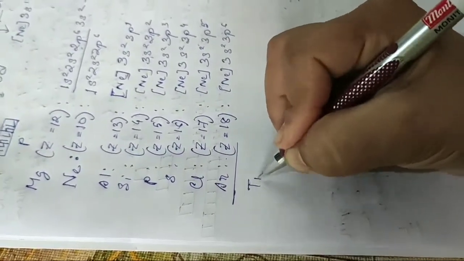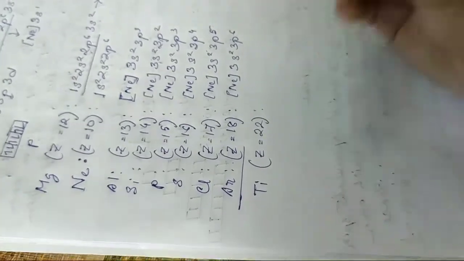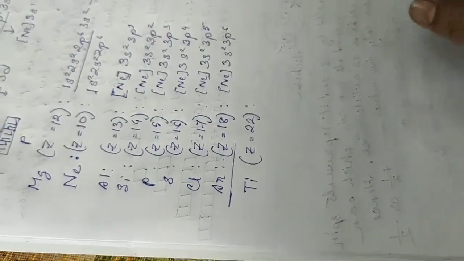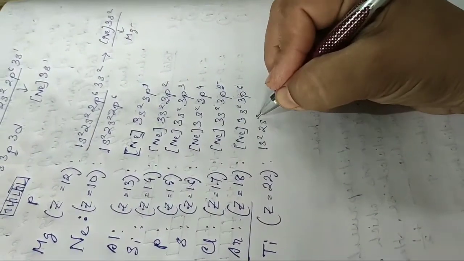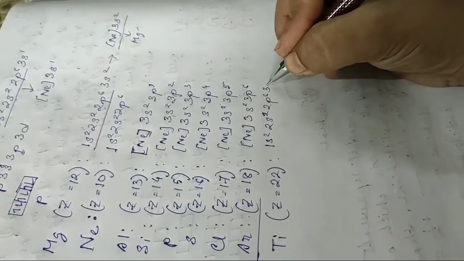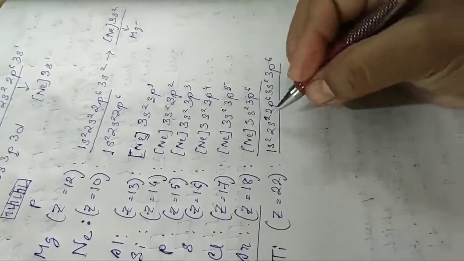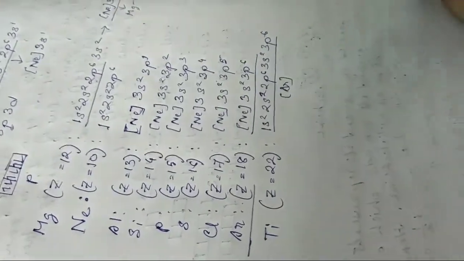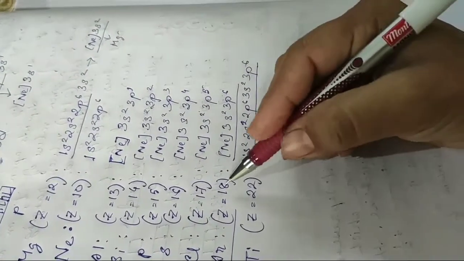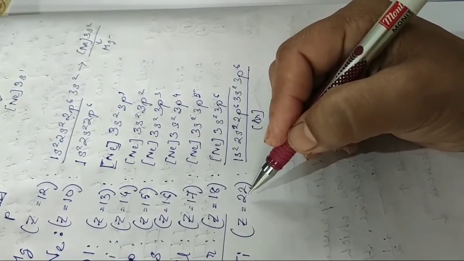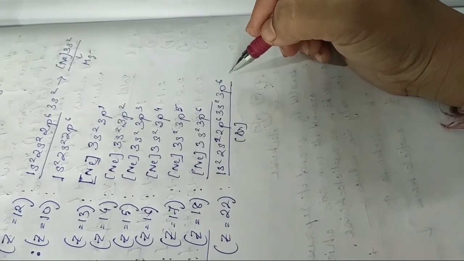Next we are coming to titanium. For titanium, Z equal to 22. So 1s2, 2s2, 2p6, 3s2, 3p6. That means what? Argon. 18 electrons have been filled already. Now 4 electrons are left to be filled up. So how will you fill it up? After 3p, what should come? 3d,